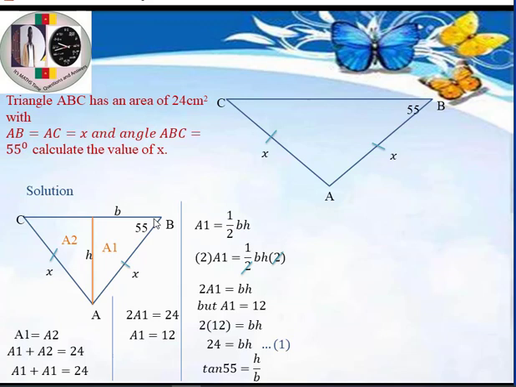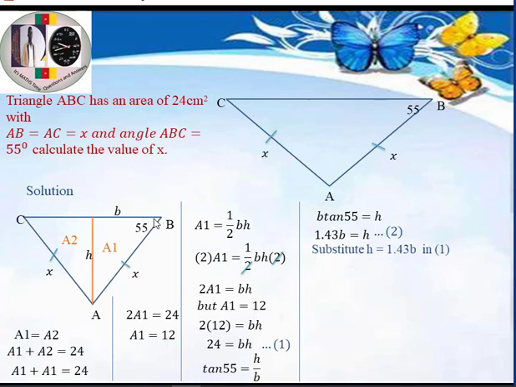So in this case, we cross multiply, and we are going to have base times tan 55 equals height. But what is tan 55? Tan 55 is 1.43 in 2 decimal places, right? So we can call this our equation 2. So if we substitute this, h equals